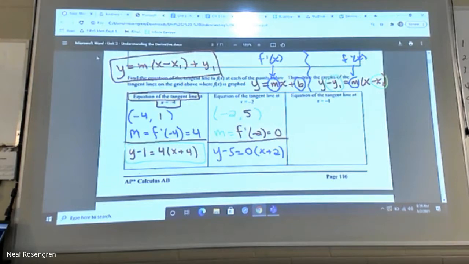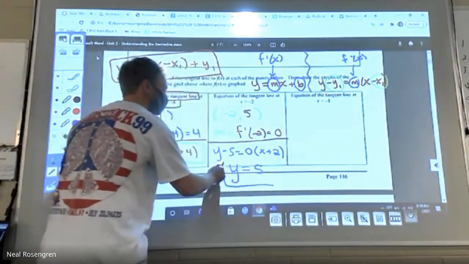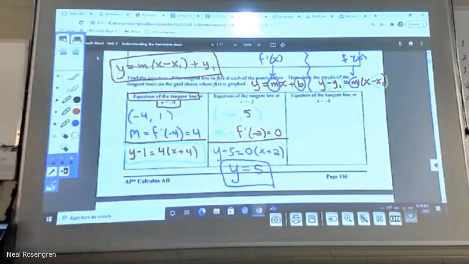The one there in blue in the middle, what's going to happen to that whole right side? It's all going to be 0. So if you want, if you do have an easy way to simplify that, just call it y equals 5, because add the 5 over and everything else is 0. The horizontal line, so y equals whatever.